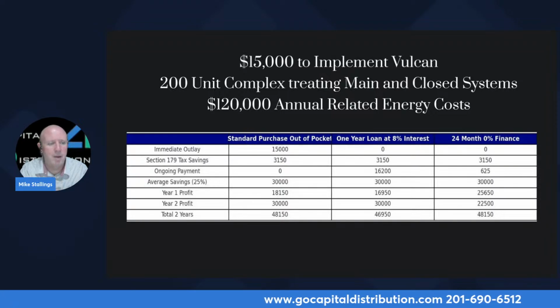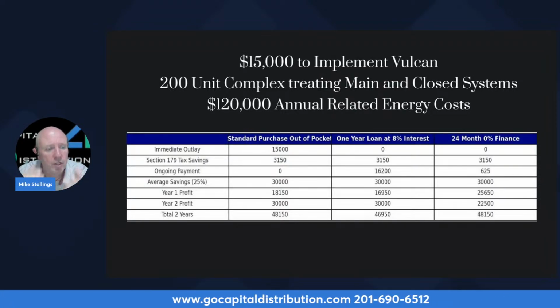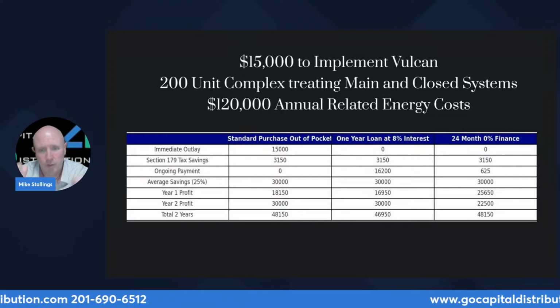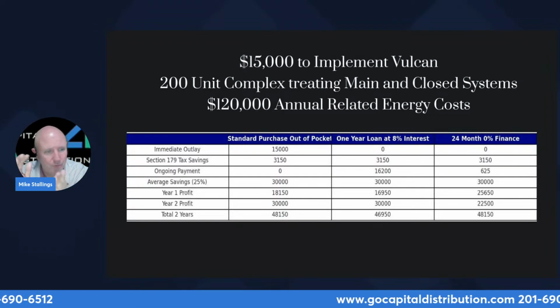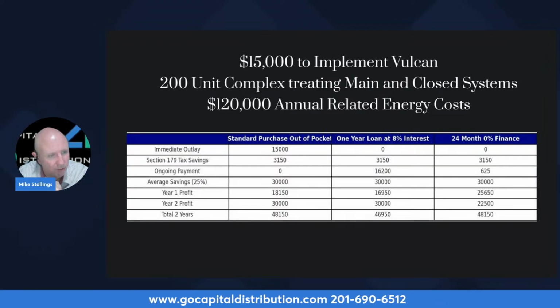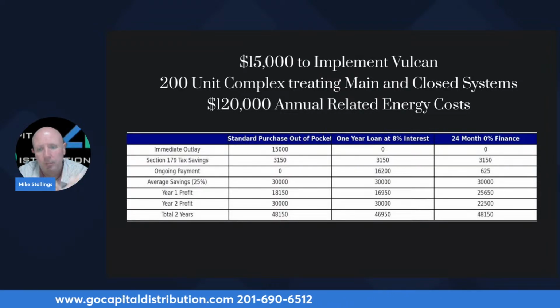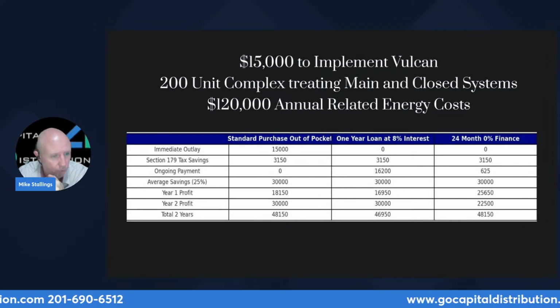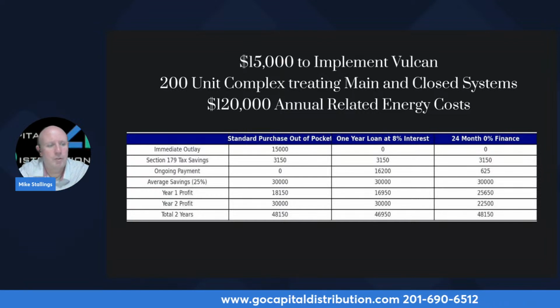And you save the same amount as if you paid out of pocket and still don't need to give any money, so you keep that flexibility. Mike had mentioned earlier, cash is king. Guess what? You can keep your cash, make it king, but also implement a solution like this so you get the tax credit in 2025, get a small monthly payment to spread it out over time, keep your reserve cash on hand, and still get the perks of upgrading your building and saving money on water.